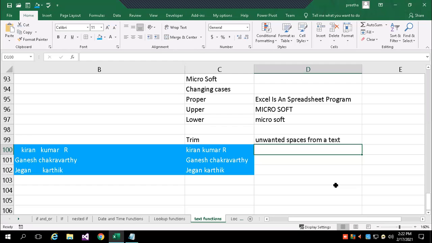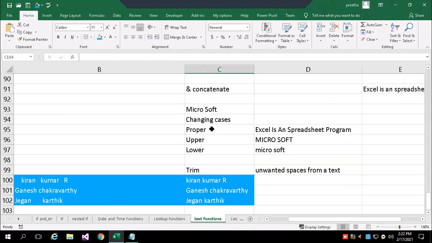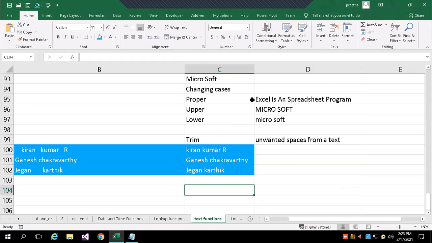Okay. So let us move on to the next function. The basic thing first is what I've done: PROPER, UPPER, LOWER, for changing given text into small letters or capital letters. UPPER means capital letters, LOWER means small letters, and PROPER means the first letter of every word will be converted to capital.